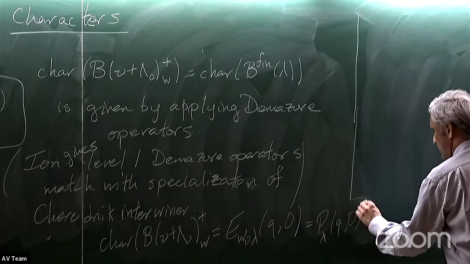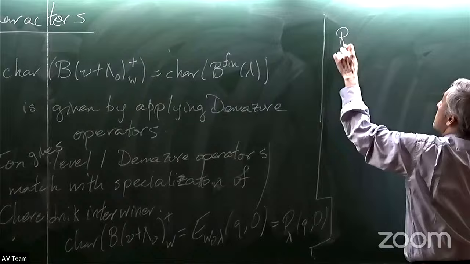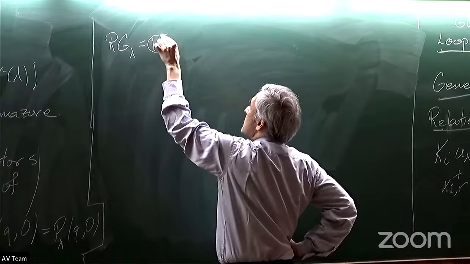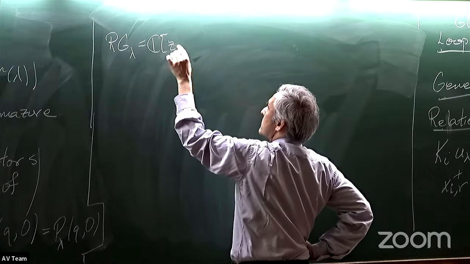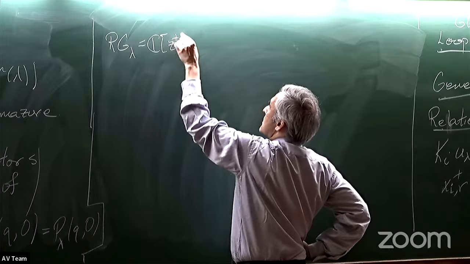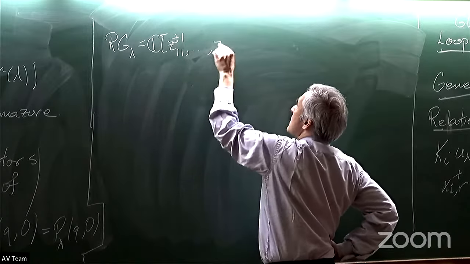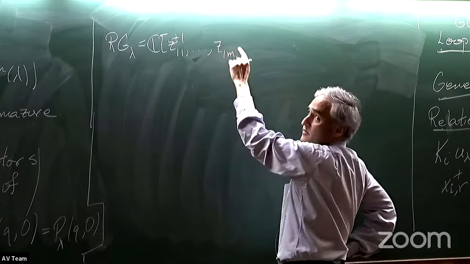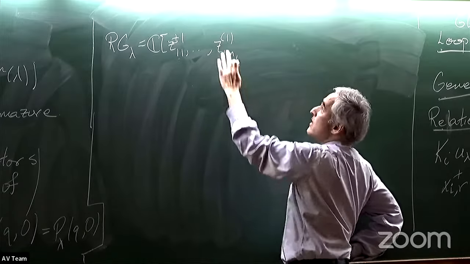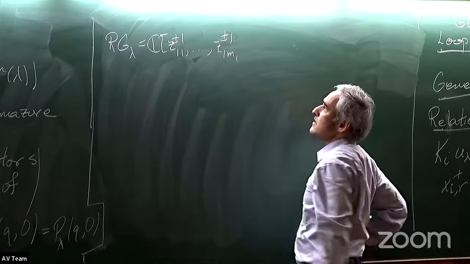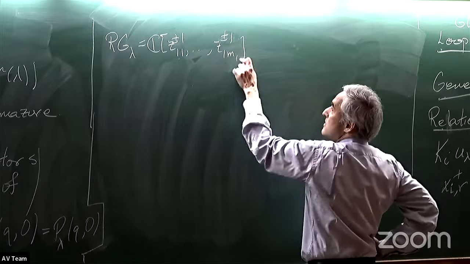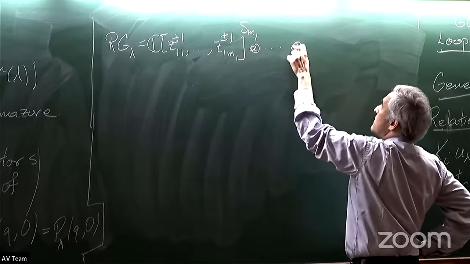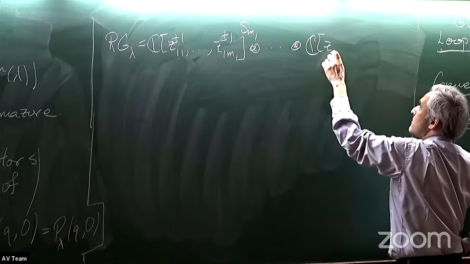So what we want to look at is what I call RG lambda. So this is polynomials now. So I have various sets of variables, but I'm going to label them. Instead of, I've been writing the first set of variables with a superscript 1, I've been writing it like this. But because I want to put plus minus 1, I'm going to put the 1 in the denominator. So that's one set of variables, symmetric functions. And all the way up to the last set of variables,